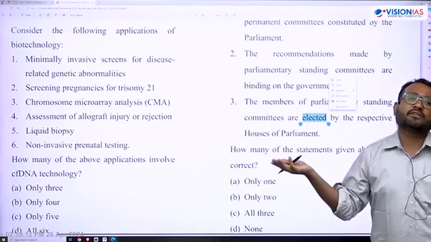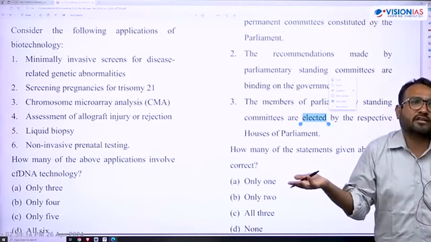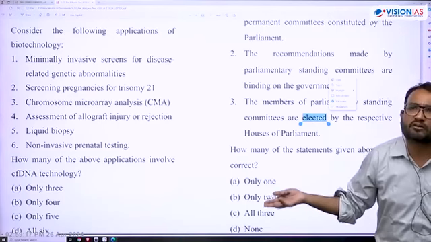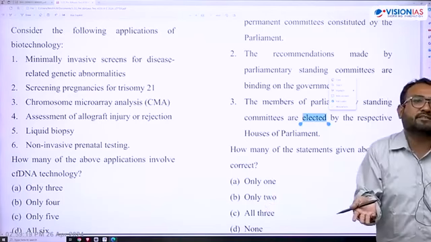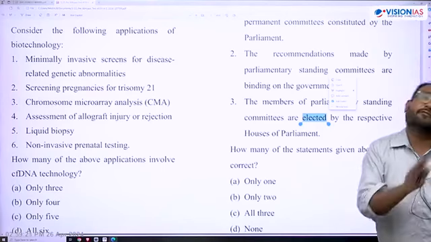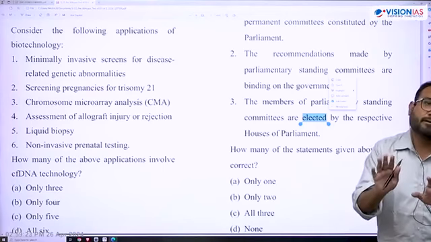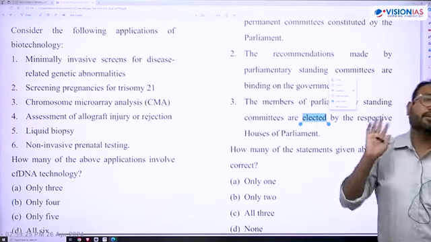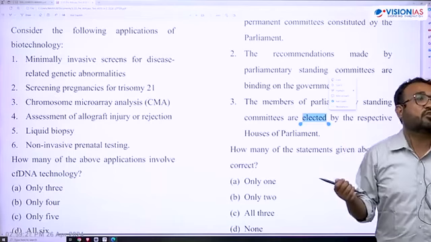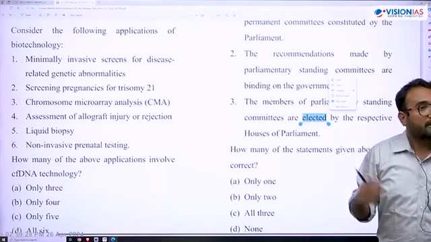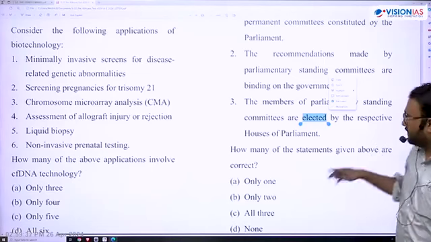In every committee there are 31 members. So you don't have any such rush. Ministers cannot become members, so already 60-70 people who are ministers are reduced. So everybody will get an opportunity to become a member of a parliamentary committee. So there is no rush. So here members are not elected, but nominated.